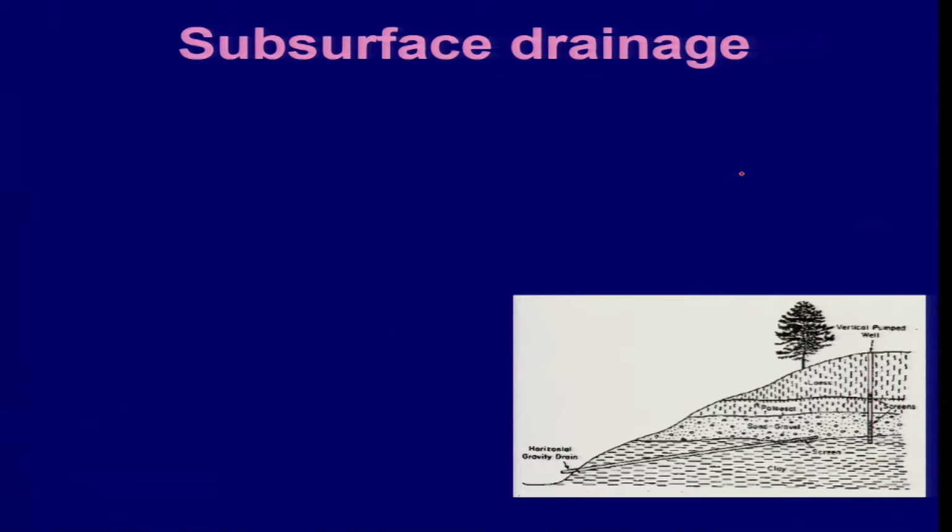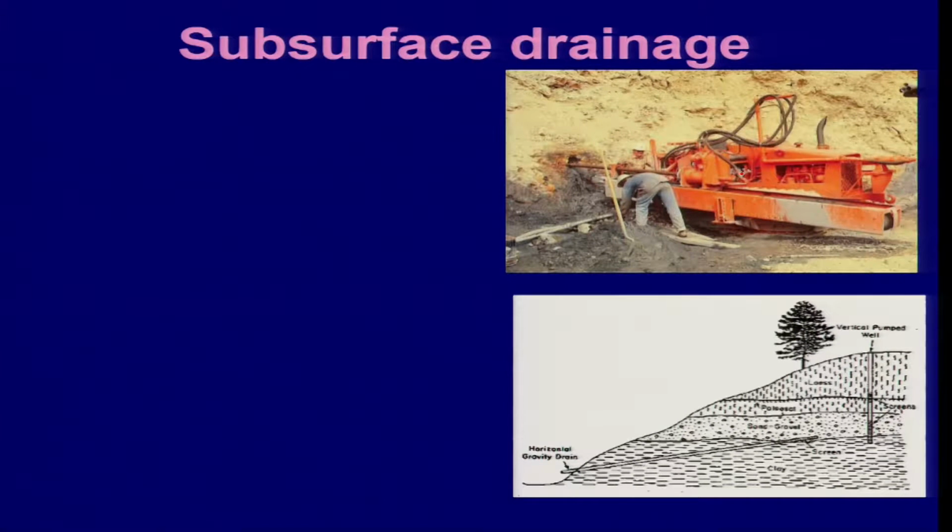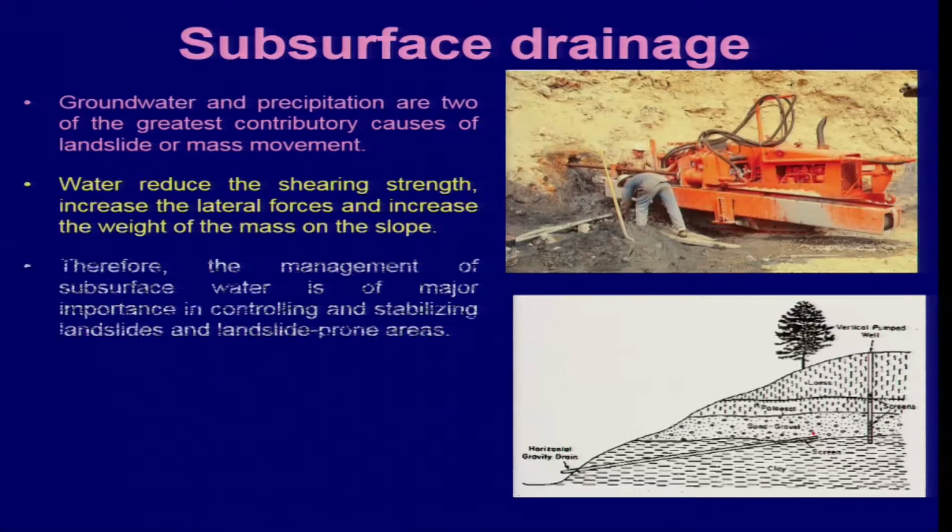Now, for subsurface drainage, people have been doing this too. Suppose you have porous material sitting here, which has the capability of absorbing more water when it is percolating down; this may slip. So, what people have done is put artificial horizontal drain pipes, which can remove the percolating water and do not allow it to collect in this layer. So, that can also reduce the chances of